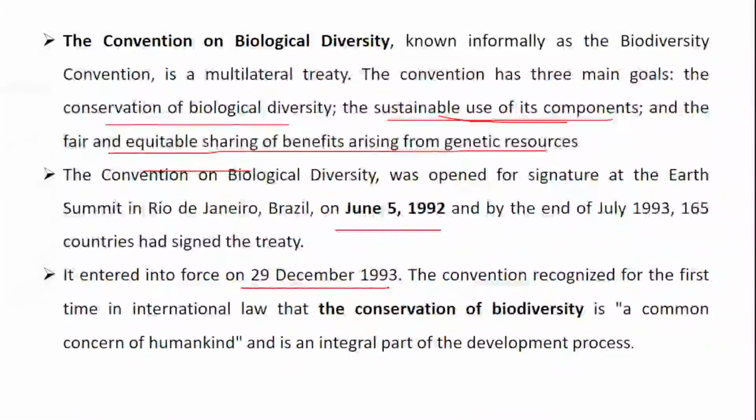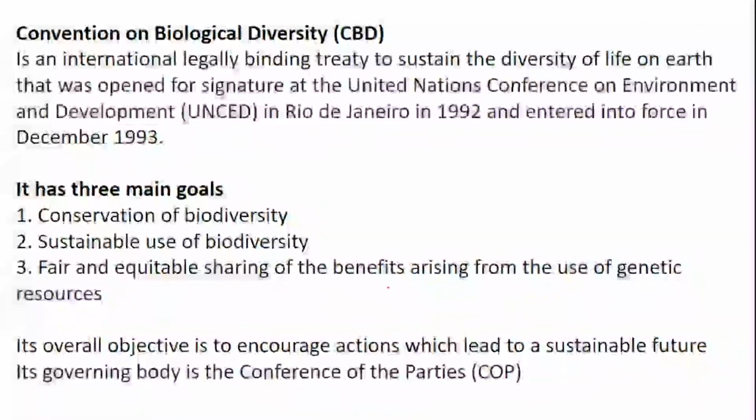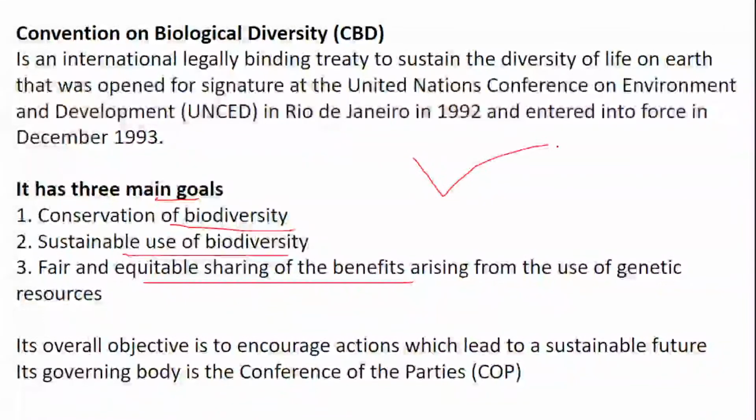Okay, mankind. So as I said, the Convention on Biological Diversity has 3 goals: conservation of biodiversity, sustainable use, and fair and equitable benefits. See, this is repeated again and again, so you should ensure that these points are